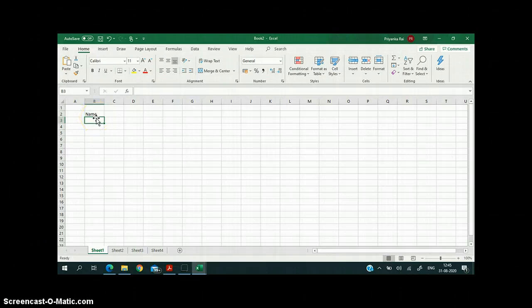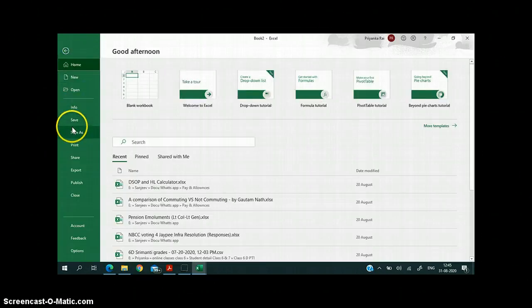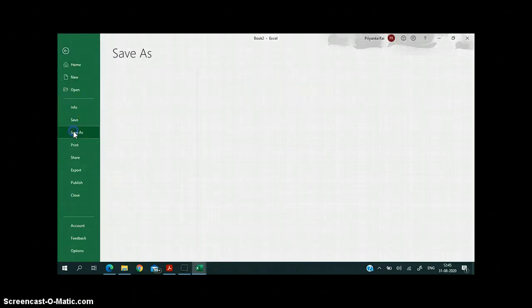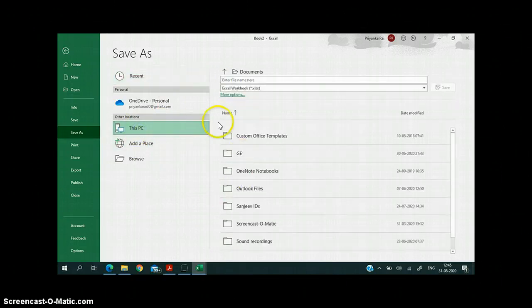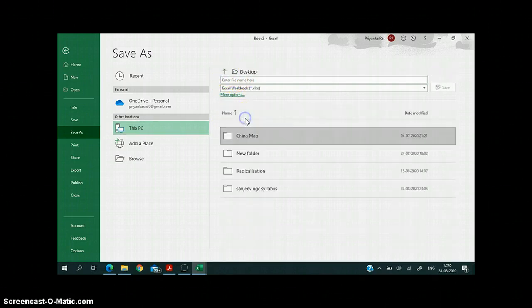Now you can write anything, you can make the table, and then what we do, we have to save the workbook. For that there are a number of options. Here the save button is given in the quick access toolbar. You can click here also, or you can go to the file button, the save as button is there. You will click on the save as button, a dialog box will appear where you choose where to save the data. I want to save the data on my desktop.